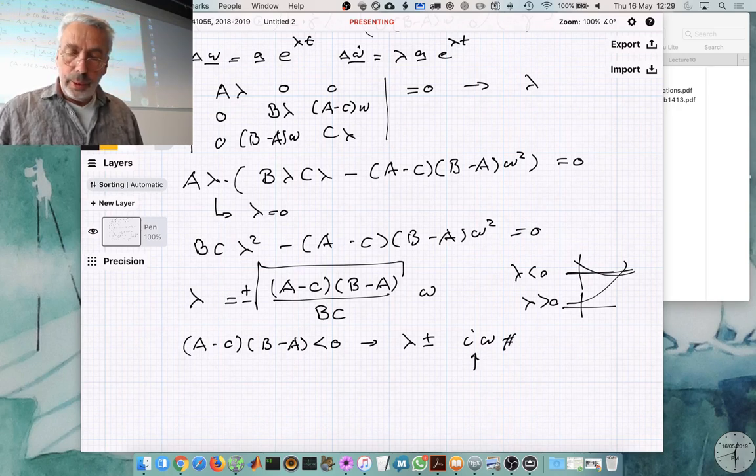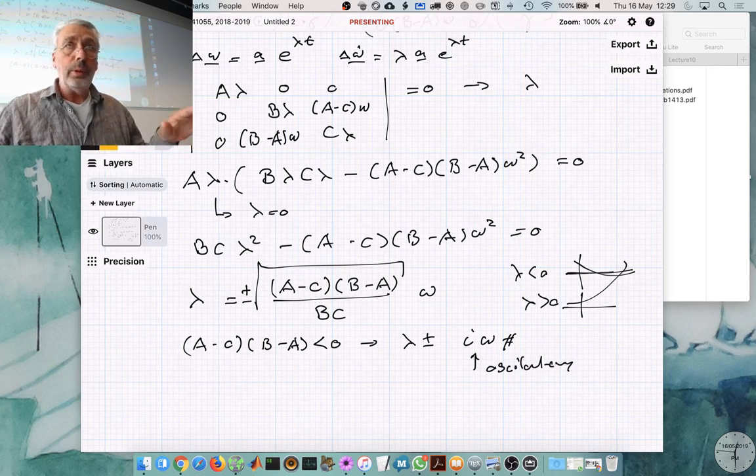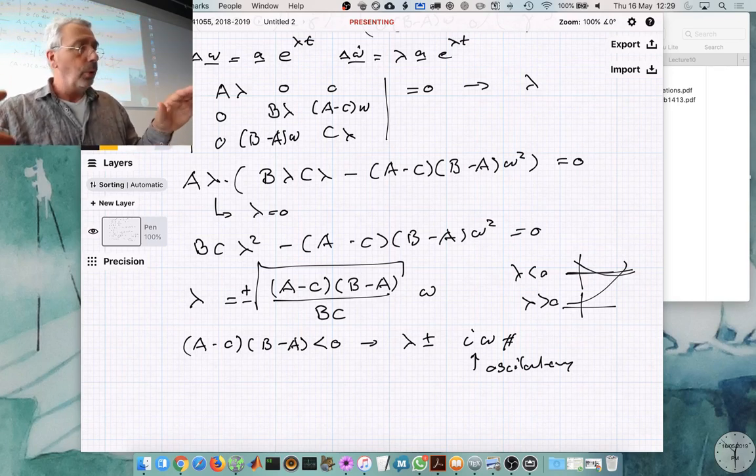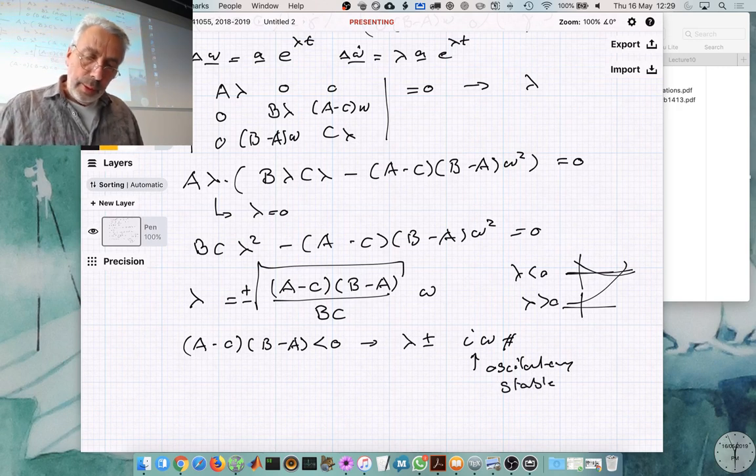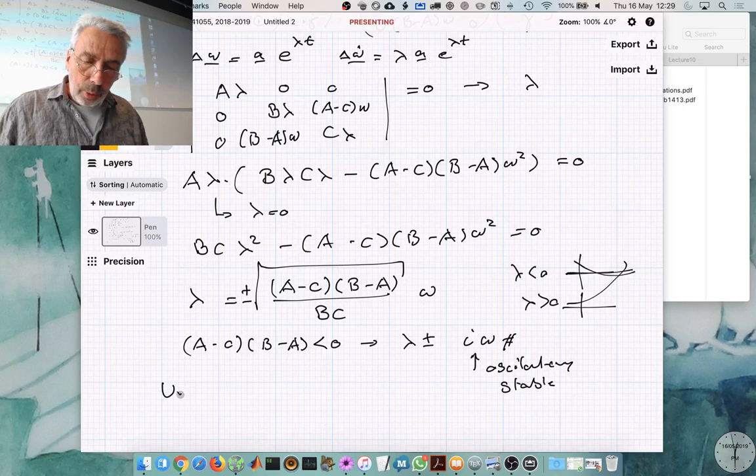Or in other words, we get oscillatory motions. And they just oscillate a little bit. They don't damp out, they don't grow. Sort of oscillatory stable. We call that oscillatory stable. But for us, unstable,